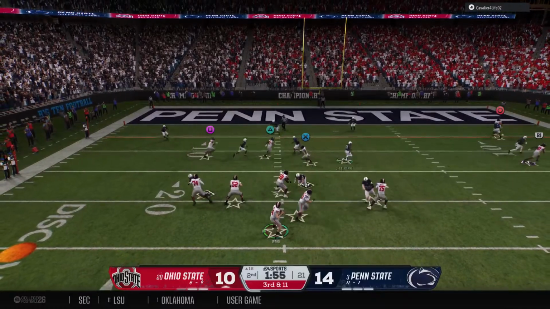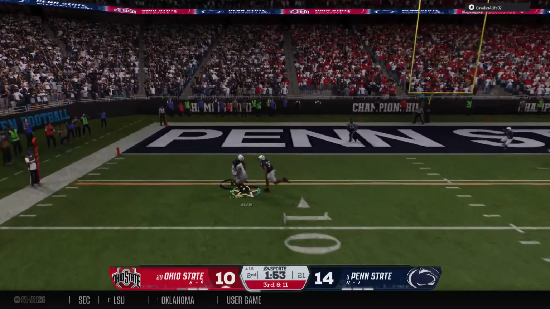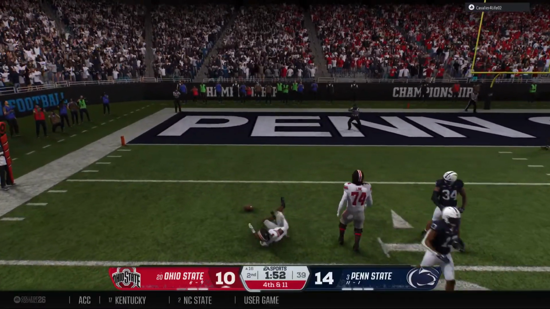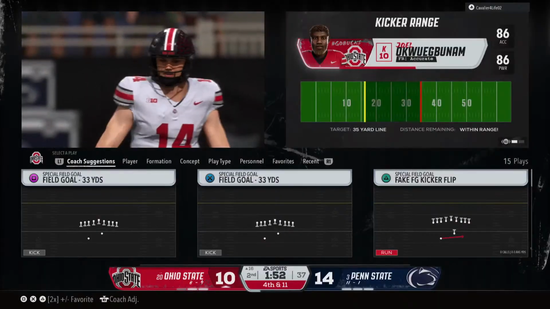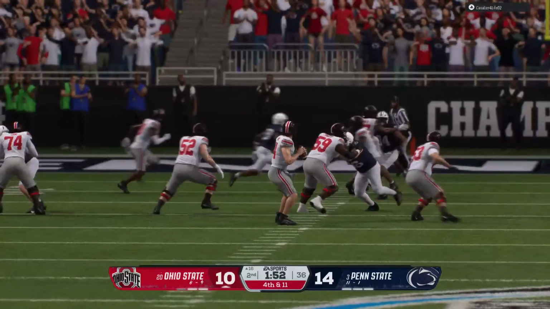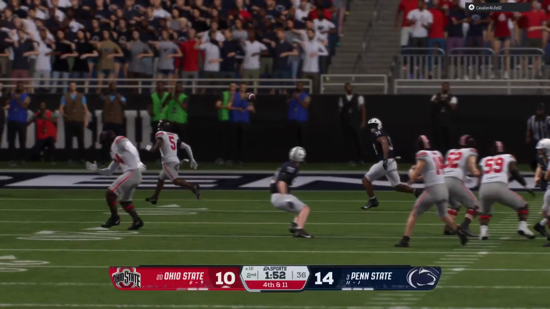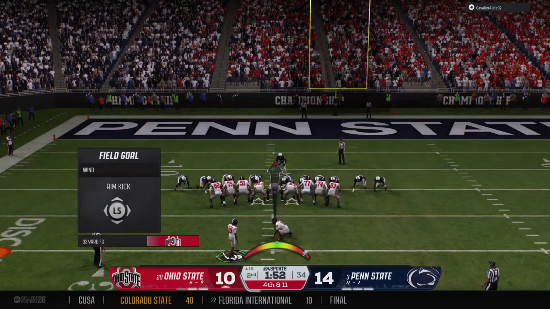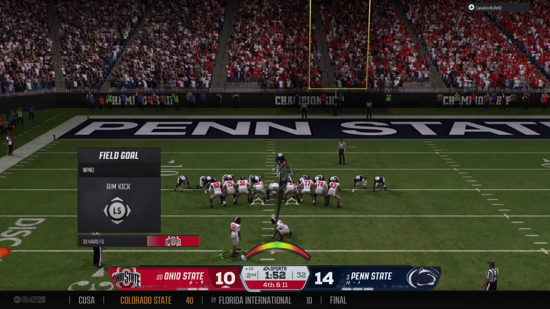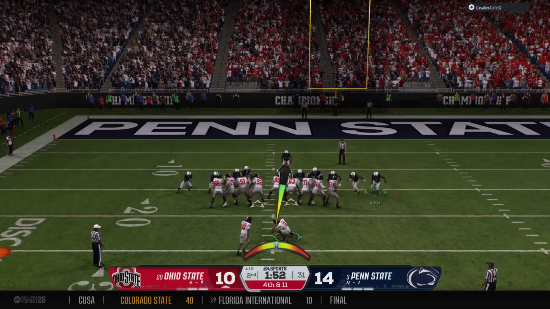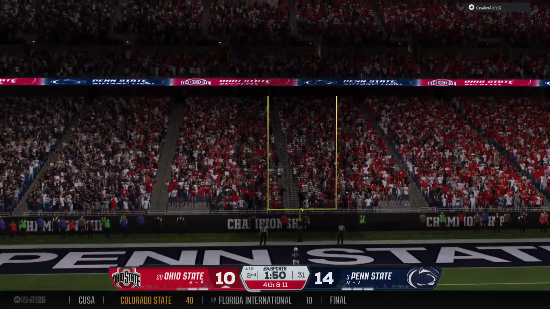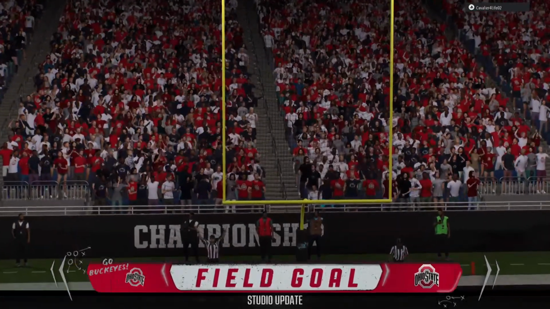Dropping back, looking to throw for the first down. Can't hold on. Good defensive play brings up a 4th down. Hey, it's an incompletion, but it's a nice job by the quarterback. I know it didn't pan out, but the most important thing is he didn't turn the football over and he didn't take a sack. It'll give your kicker a chance to put some points on the board if they opt for the field goal here on 4th down.